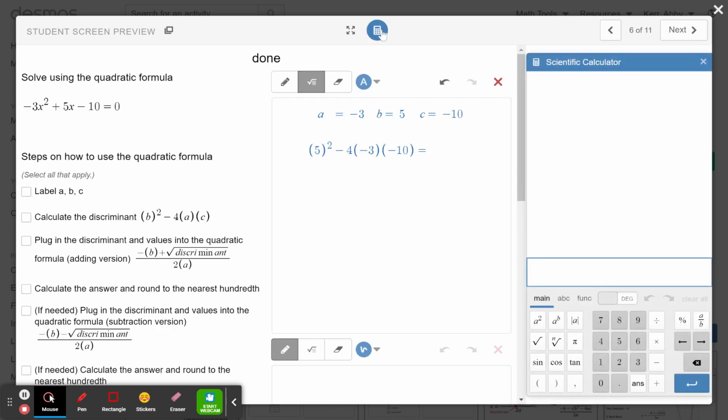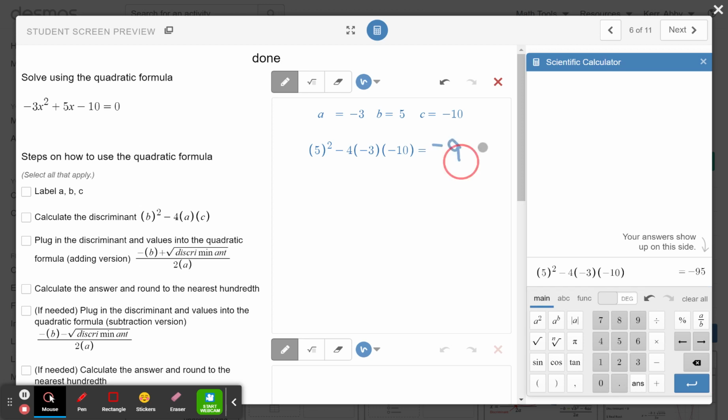Remember, if it's a positive discriminant, you're going to get 2 answers. If it's 0, you're going to get 1. If it's negative, you're going to get none. So look at that, it's negative. So this is a negative 95. So the opposite of B, then do the plus, square root of negative 95